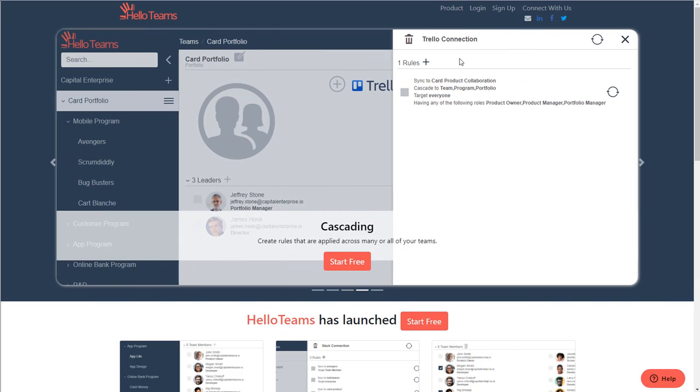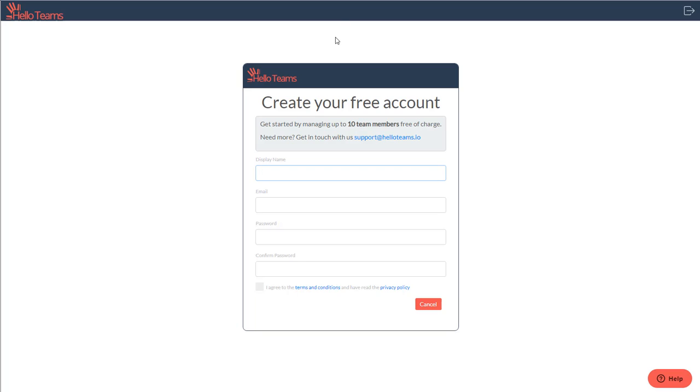Hello. Today I'm going to show you how to register for HelloTeams, create your first teams, and add your first team members. From the HelloTeams.io website, we just need to click here on Sign Up, and this will bring us to the registration page. From here, we just have to put in a bit of basic information,